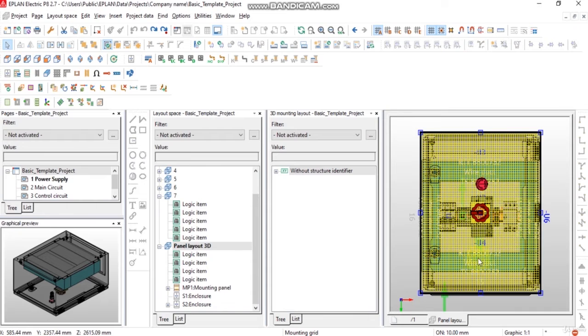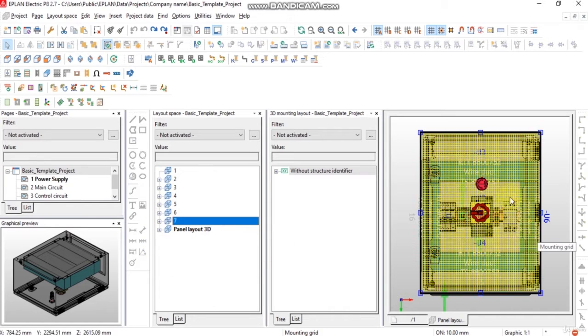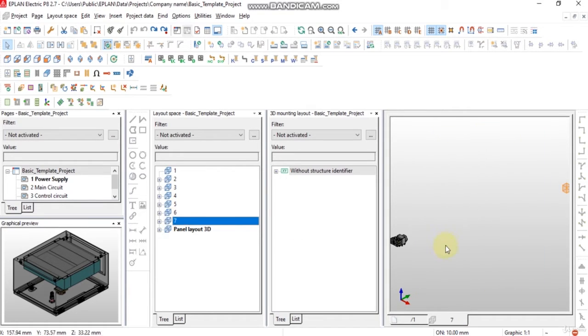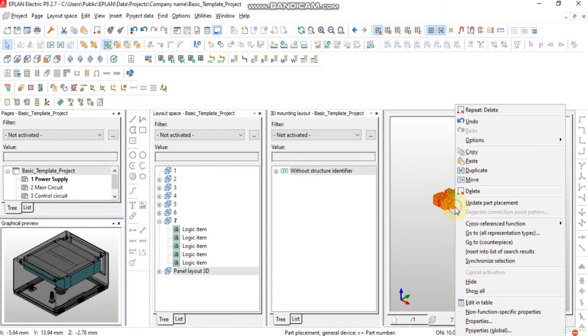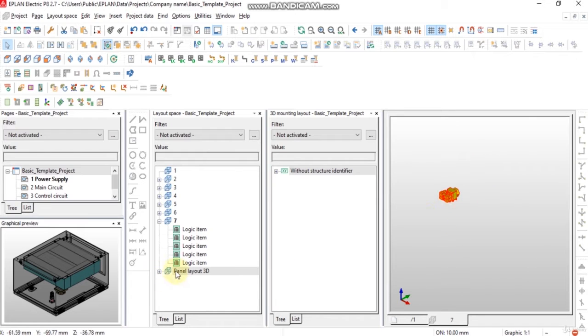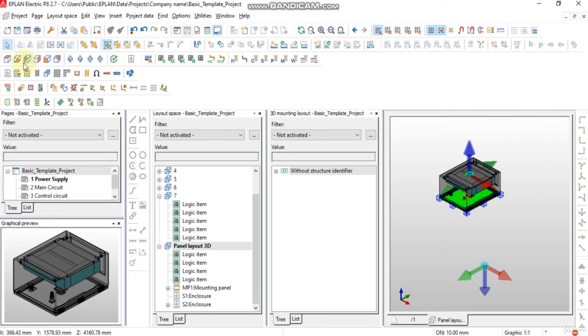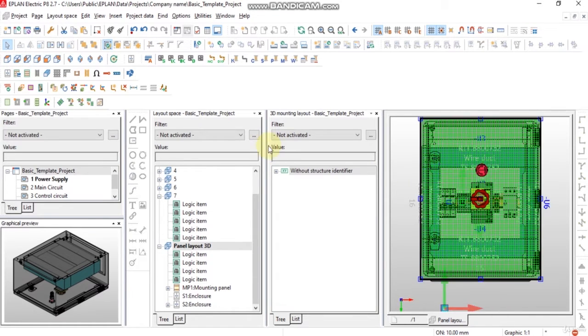Now I have to place other elements on this enclosure door. Those elements I also imported in the last lesson, and I will click on 7 in the layout basic space navigator, and then I have to erase this handle, and I will mark this element and copy it. I will click on panel layout in the layout space navigator, and then I have to rotate this part, and